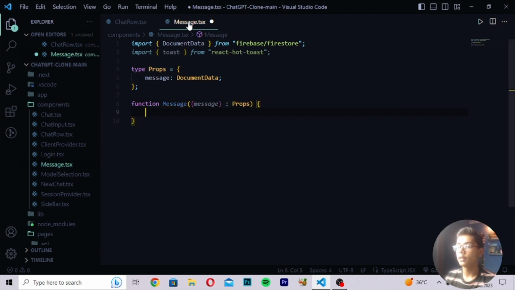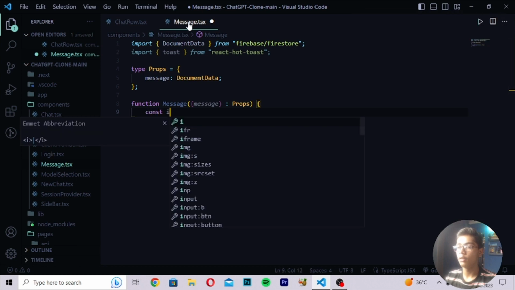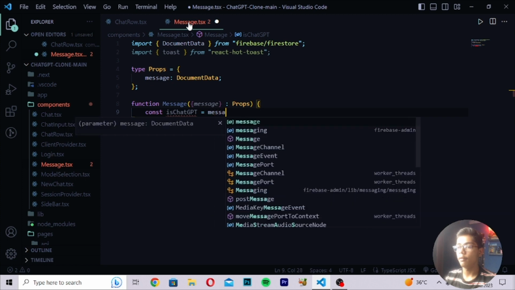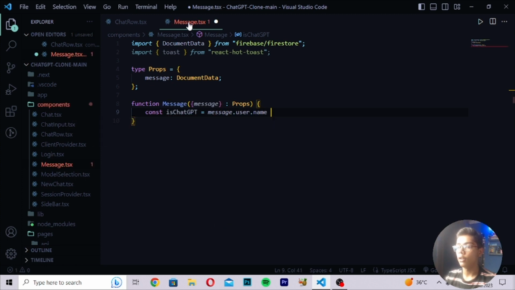Then you have to make this curly bracket, move down, right here fonts is chat GPT like this. Right here is equals to message.user.name. So the user can do message with the help of this chat GPT. Then I will be writing here chat GPT, but this should be in small letters. Then you have to close it, write here const and write download images, write is equals to URL